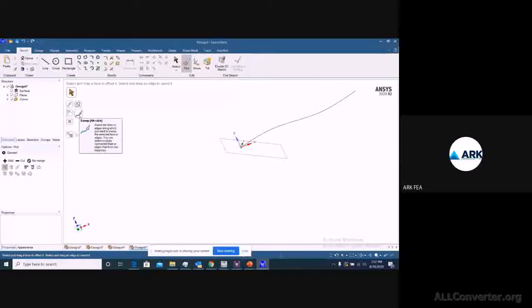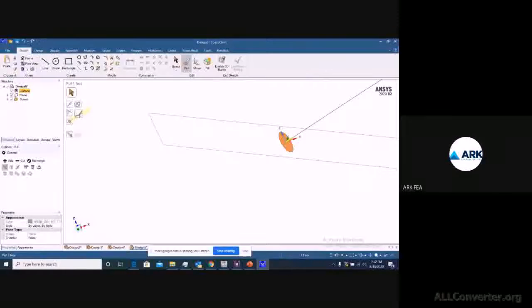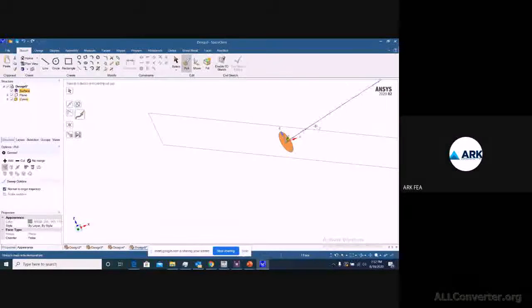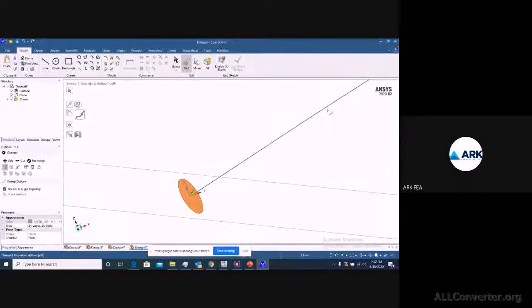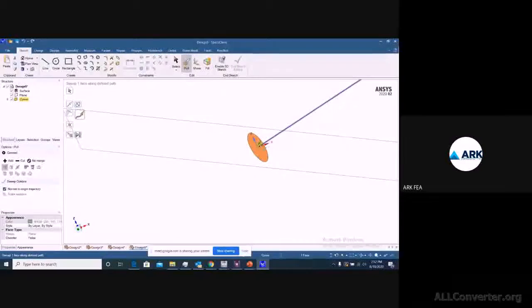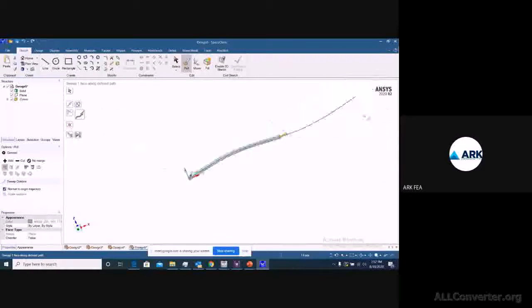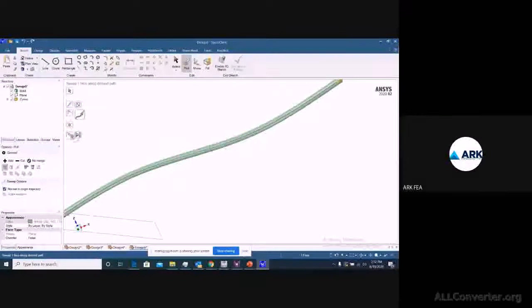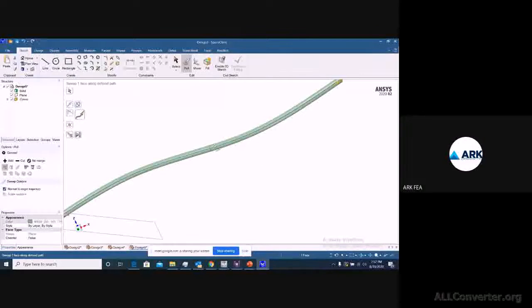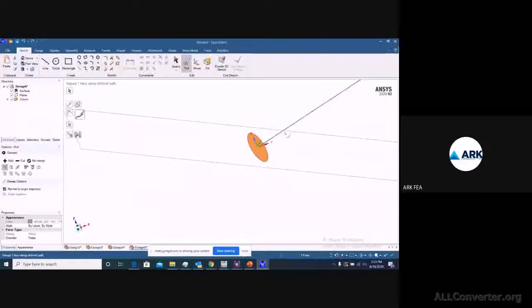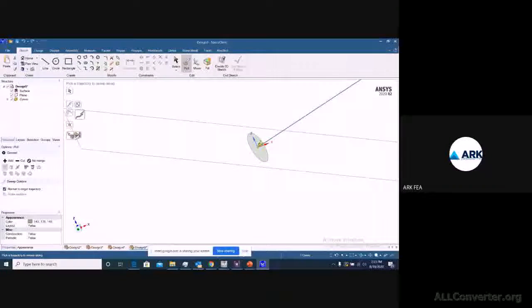Just select your profile first, go to your sweep, and then you can choose your trajectory. In this case you are manually moving it, but if you want a complete one without a breakage like here, you can go with complete selection, or select this and define your path.